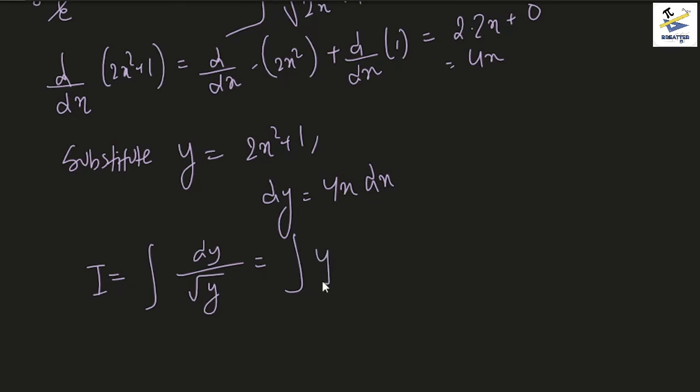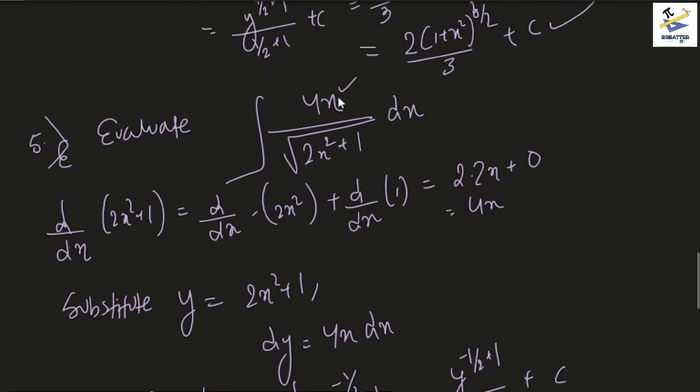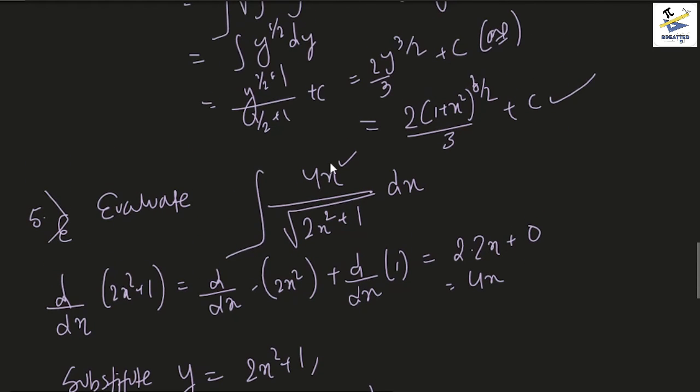But this just means that it's y to the power minus half dy, and using the rule we can write it as y to the power minus half plus 1 by minus half plus 1 plus c, which is basically y to the power half, and this becomes 2 because it's a half in the denominator. And we can substitute back our answer to find it's just 2 into root over 2x square plus 1 plus c. If you differentiate this using the chain rule, you would find that the answer is basically 4x divided by root over 2x square plus 1, which is amazing because